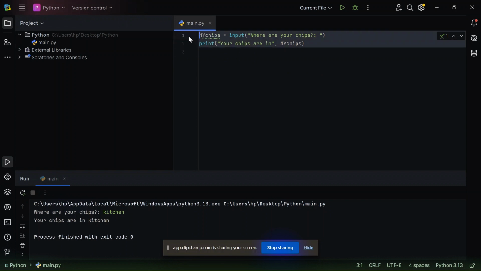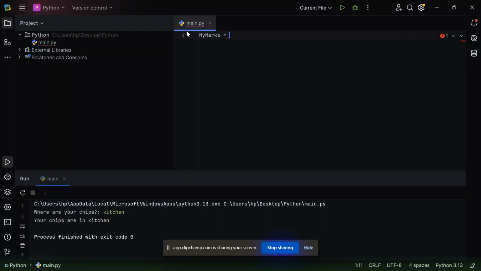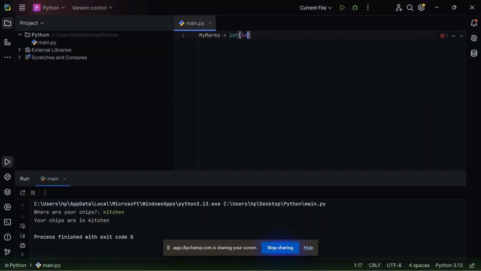One last example, for my marks. Pretty scary, huh? So it's int input, what are my marks.